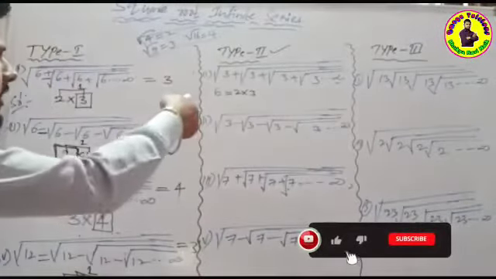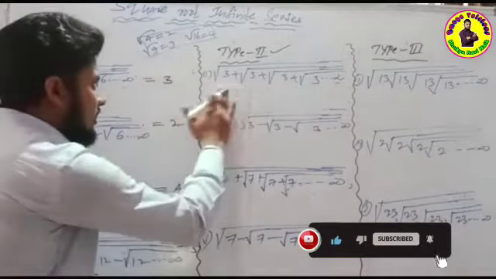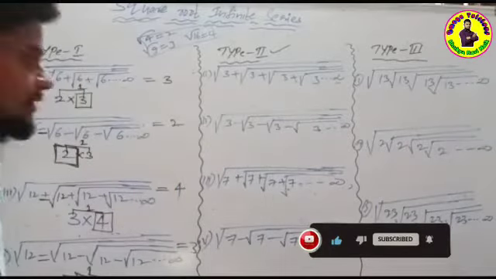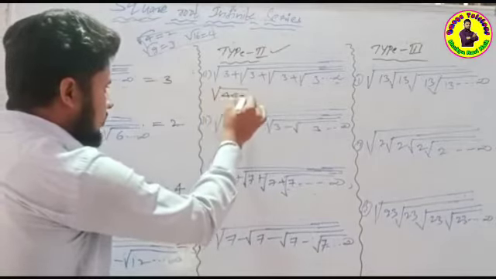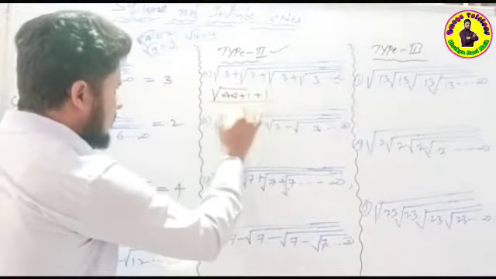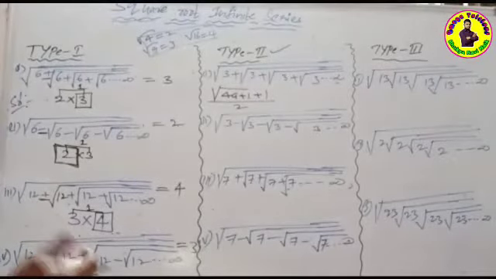But here it is not possible to write 3 like that. That's it only. Okay, so here one formula is there, and that formula is very important. The formula is (under root of 4a plus 1) divided by 2. That's it. This formula you know very well, 100%.